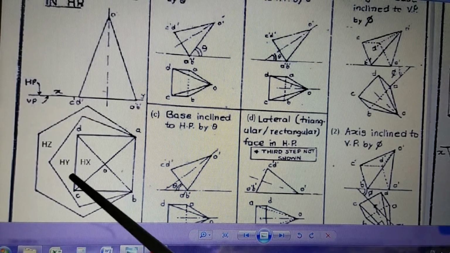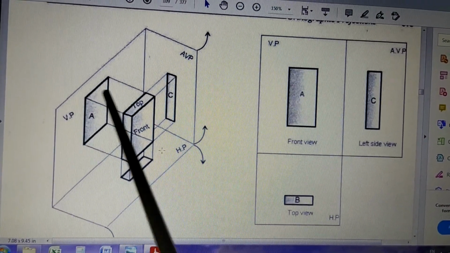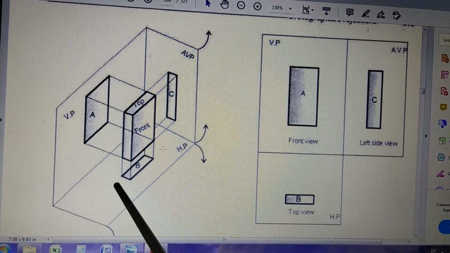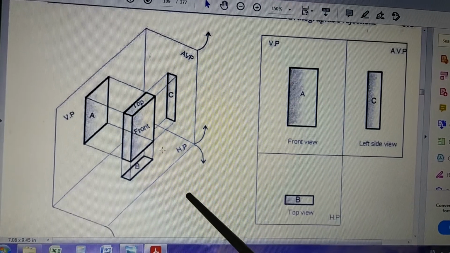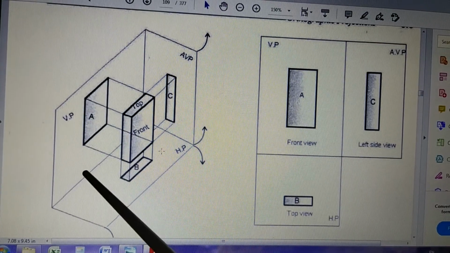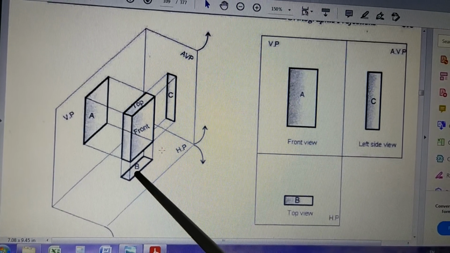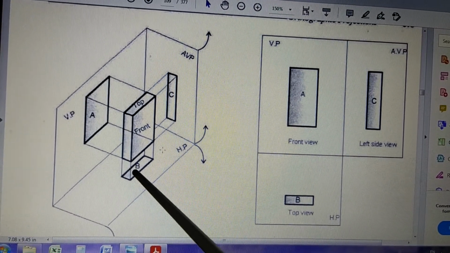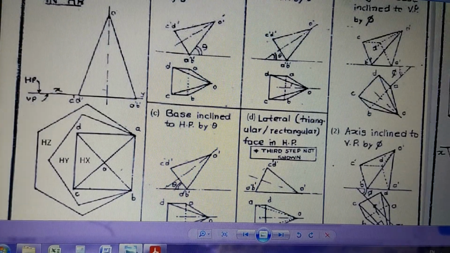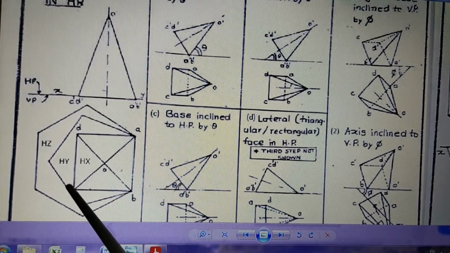If it is put in HP, just like what I have shown you just now, I'll take you there again. If you see here, there is a book. Like this book, there is a square pyramid. The base of the square pyramid is here, and then its apex is here. When you look at the pyramid in this direction, the triangular shape will be seen in the front view. And when you see from top, you will see the base as a square shape and the apex at the middle of the square, and all the four edges are joined to the apex. That is precisely what is drawn over here. You can see this is the top view of the square pyramid, apex is here, and these are the four corners of the base.